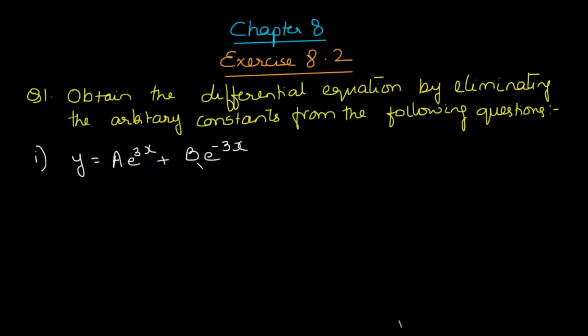And as I told you last time, we differentiate the given equation as many times as the number of constants which are there. For example, in question number 1, there are two arbitrary constants a and b, and therefore we are going to differentiate this equation twice. That means we are going to find it till the second order derivative is obtained. So in the first step itself, differentiating the given equation with respect to x on both the sides.